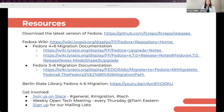So that is my list of resources. It does look extensive. If you need the tooling specifically, it's back on the tools slide, and I will make sure the slide deck is available for everybody. But there's all the migration pathways that I talked about, all the documentation that goes along with it, the video of Oliver Schoner at Berlin State Library talking about their migration, and then of course our communication channels. So please feel free to find us on Slack, find me on Slack, send me an email,